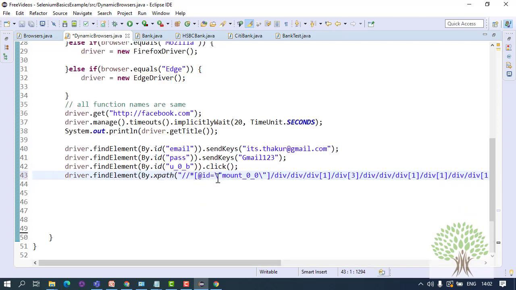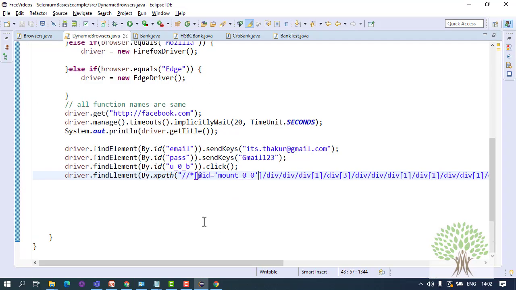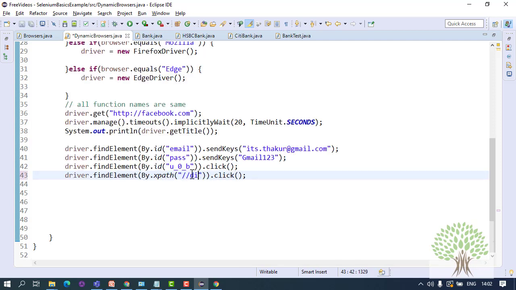Fine, and you see that, or this is your name. Okay, this is my name over here. It's a division. I can make a shorter XPath. I can write over here, that is double slash, there is a division whose text is equal to my name.